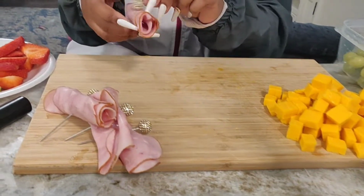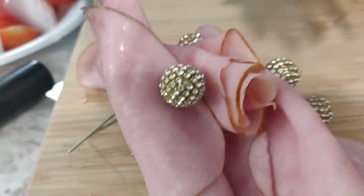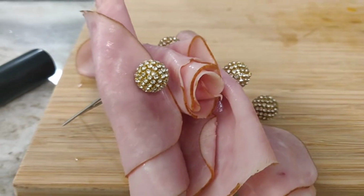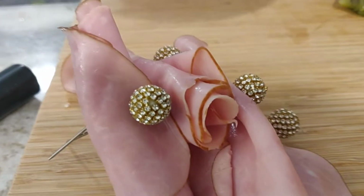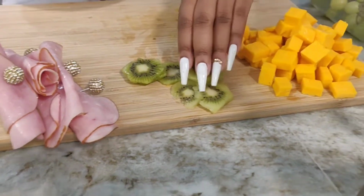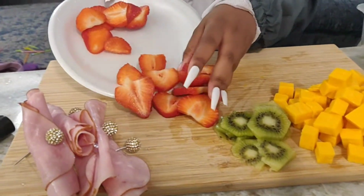Alright, so as you see, my daughter is putting the ham right here on one side, and I just used these little picks here, and I got those picks from Z Gallery. I've had them since I think last Christmas. My husband bought them for me for Christmas. All right, and she's adding kiwi fruit because I absolutely love kiwi, strawberries, and I'm going to be adding some